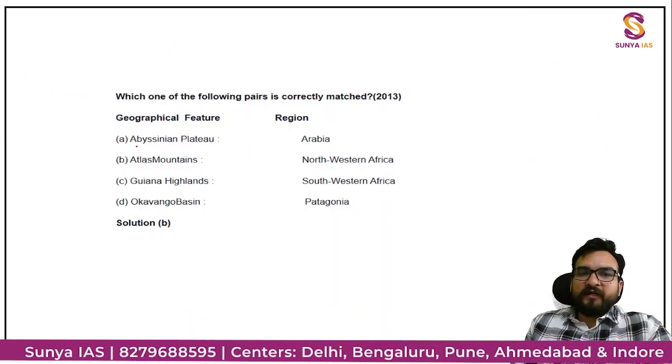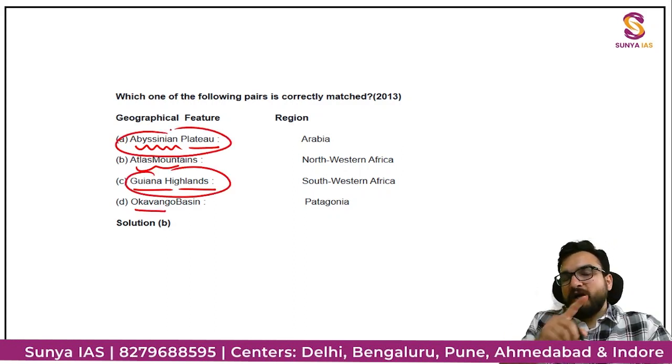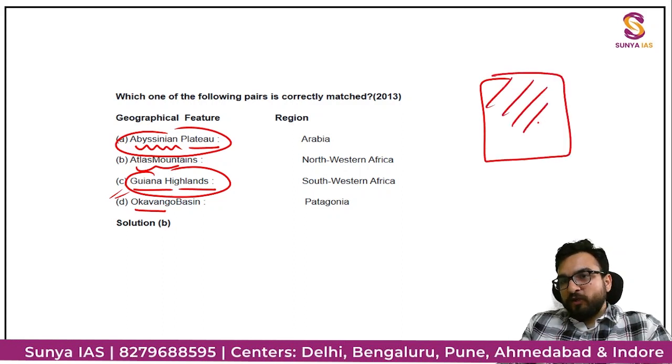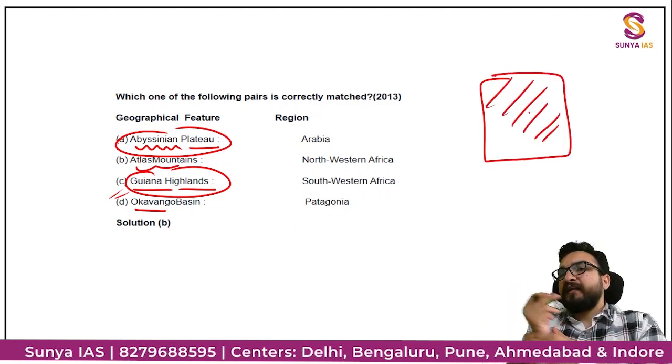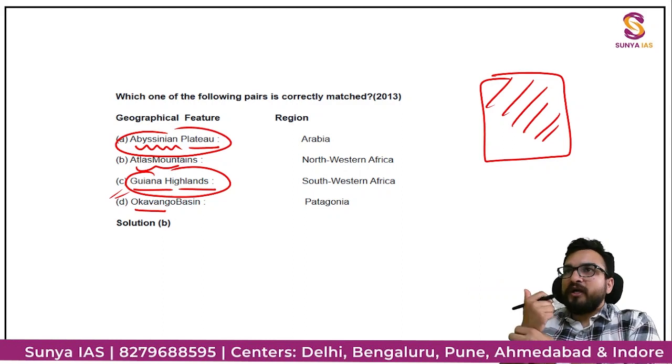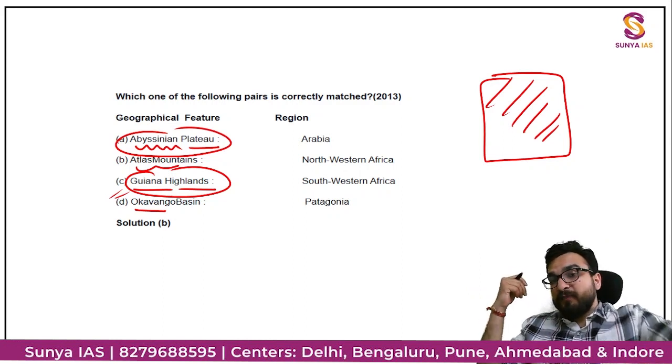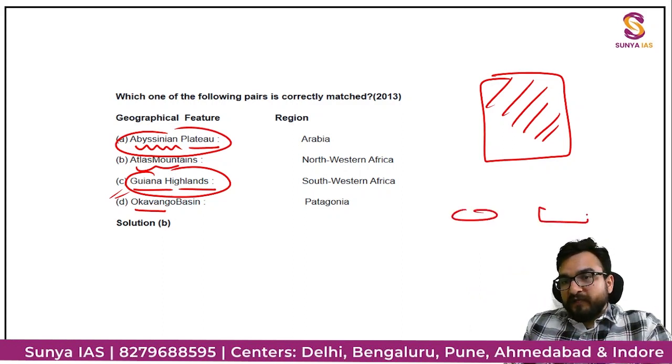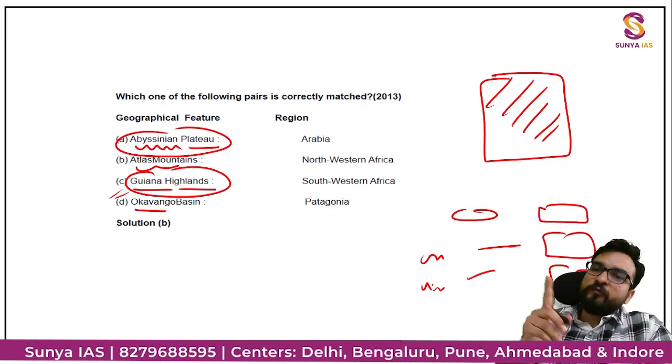See this particular part: Abyssinian Plateau, Atlas Mountains, Guiana Highlands. Now you have understood South America, so you are able to solve some of it. But ultimately, when the whole world map will be in your hand, तब आप कहीं से भी interconnectedness देखोगे. आप देखोगे peninsula, Yucatan Peninsula, you will see some other peninsulas' names, and then that particular country will be written related to it, and you have to mark it only one correct, only two correct, like this, guys, right? So you have to be ready for this.